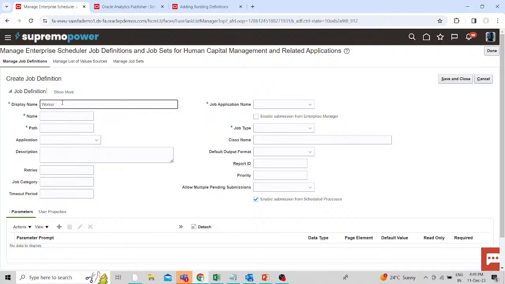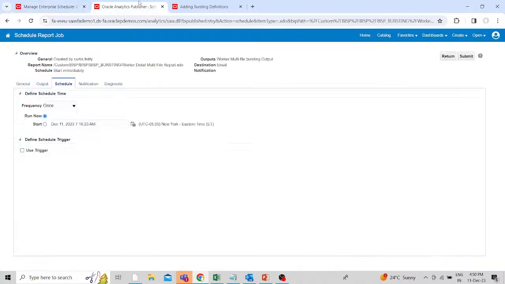worker detail multi-file busting. You have to give the name without the space. And then the path, so you have to go to the catalog,